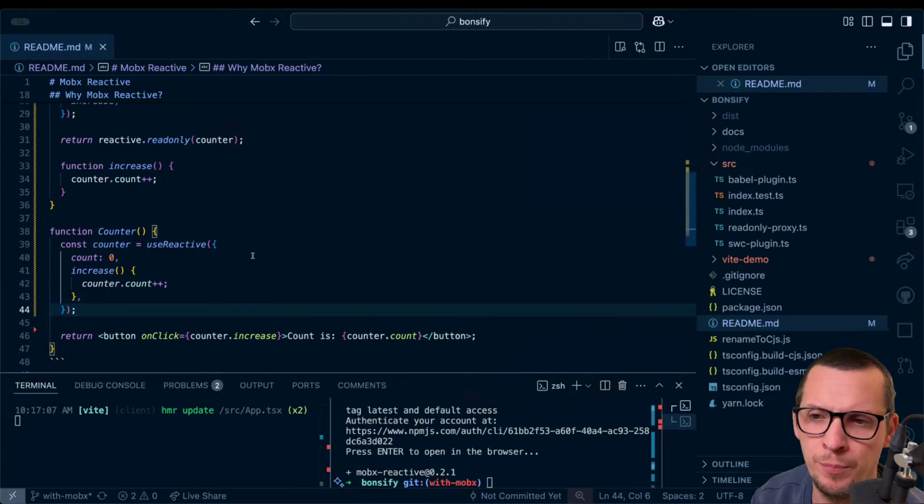Like we're bringing the mutable paradigm very, very close to React itself.